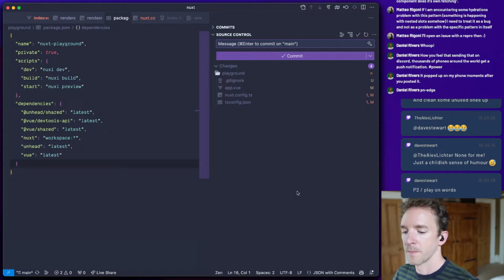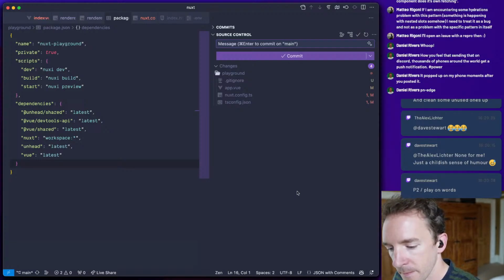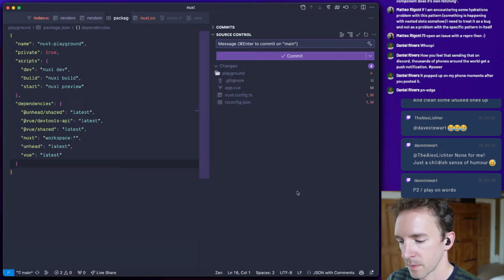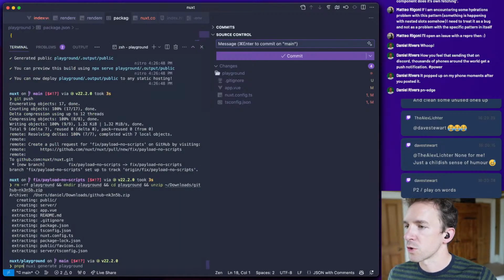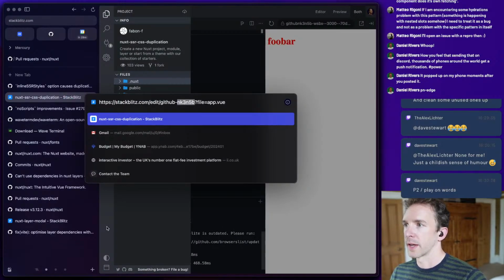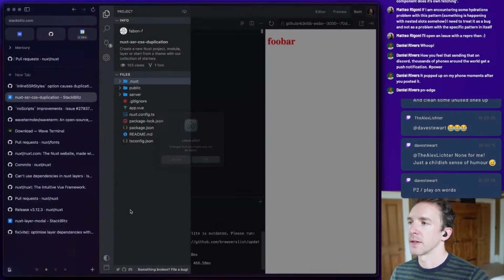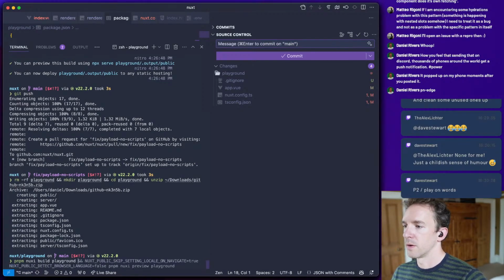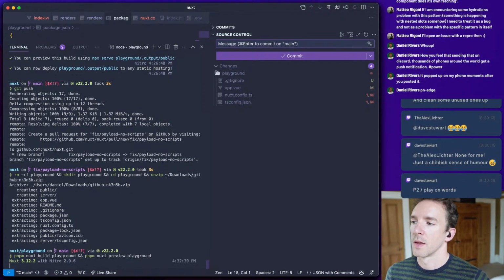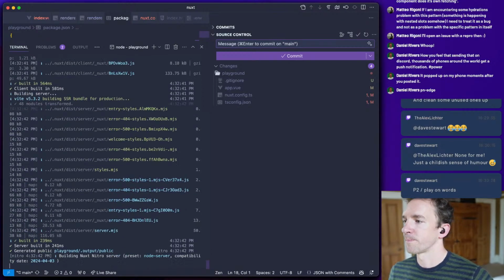Cool. Right. What am I checking? CSS duplication. Okay. So let's build and run it and see what the situation is.